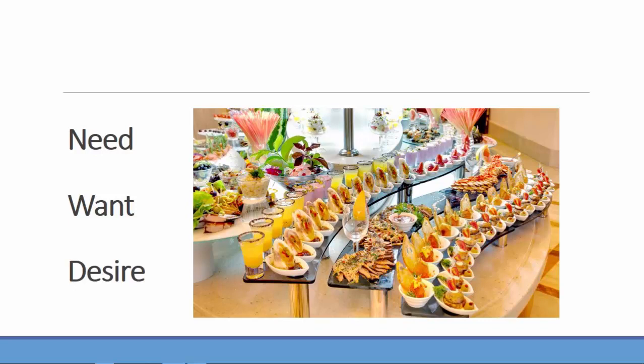However, what you want might be a sports car. And if you are asked, what do you really desire? You want a Bugatti Veyron. You want to show, this is the best sports car. I want to drive the very best. That's your desire. Now, if you get a Bugatti Veyron, it will meet your want of a sports car. It will meet your need for a means of transportation. But it is not on the same level.